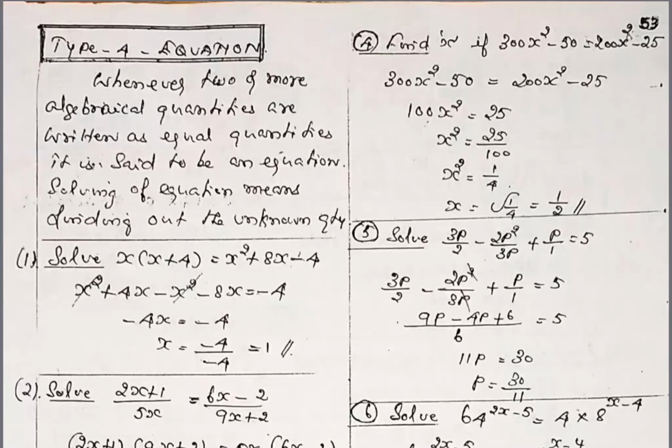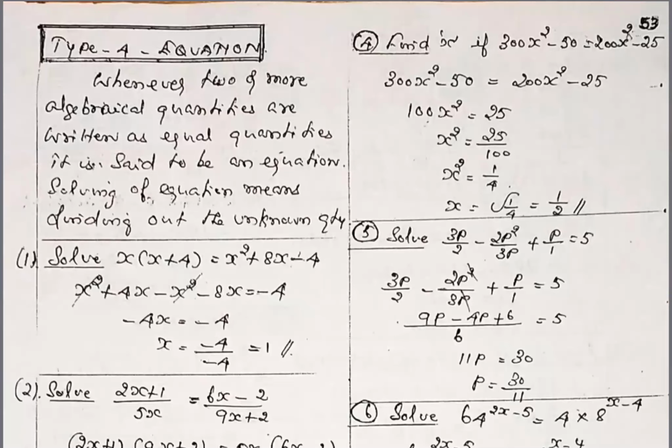Last class we studied algebra part 1. In that, five parts are available. In part 1 we studied how to multiply algebra expressions, how to multiply, divide, add, subtract, then substitution problems, and how to remove the BODMAS rule. The second type, by using 10 formula, we attended some problems. The third type, factorization, we completed: how to factorize an algebra equation, algebra quantity. The fourth type, how to solve the equation.